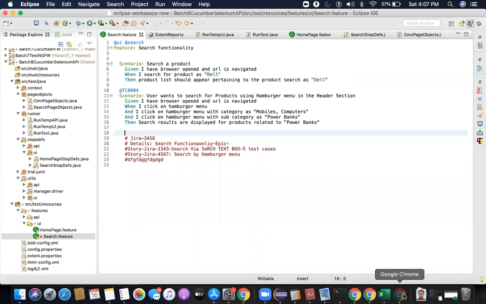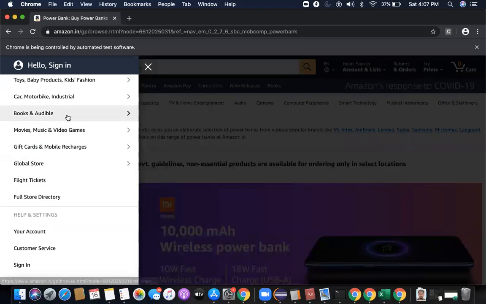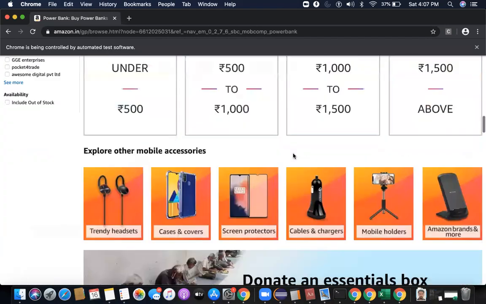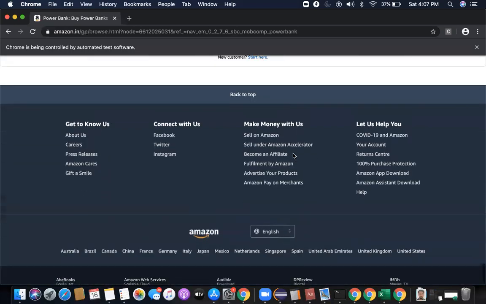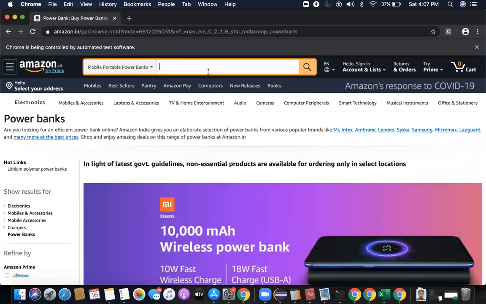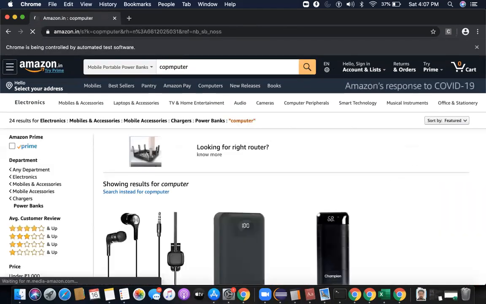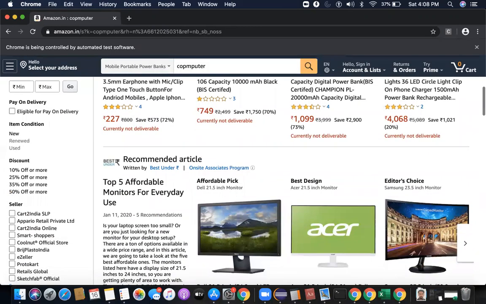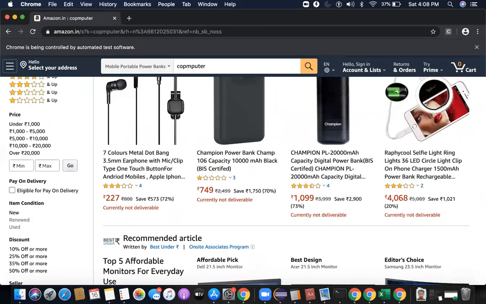So for example, in this case, this could be a low priority test case. If the defect appears here, no one is losing any revenue. Maybe some reputation loss, since it's a defect on the site, right? But not revenue. Similarly, if something is not correctly displayed in the footer, again a low priority test case. But if something is not working here, if you're searching for a computer and it's not giving you a result, it's a reputational loss, right? You're not finding the relevant product. You're searching for a computer, it's giving you something else. Not good, right? So these kinds of test cases become the higher priority test cases.